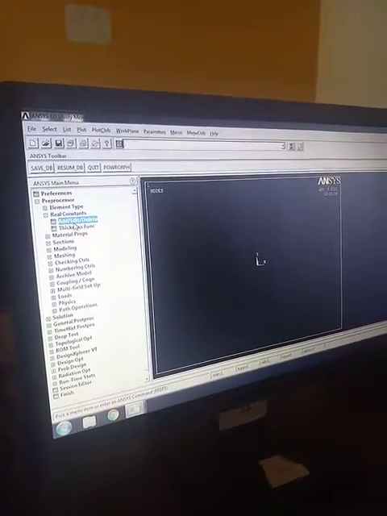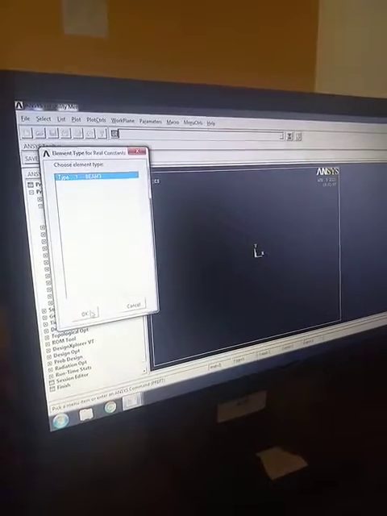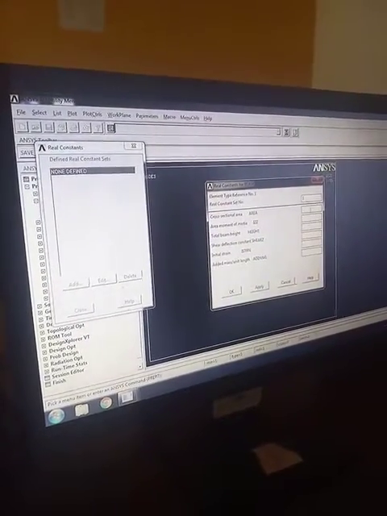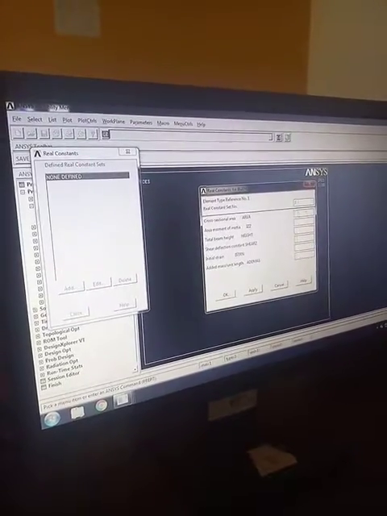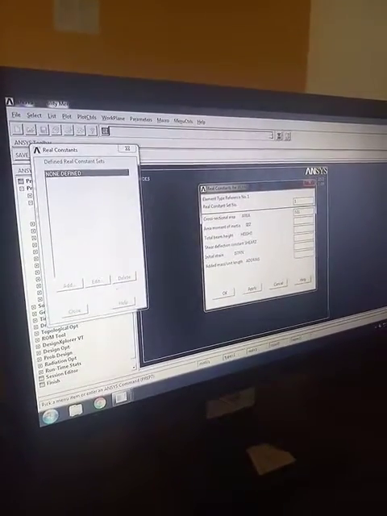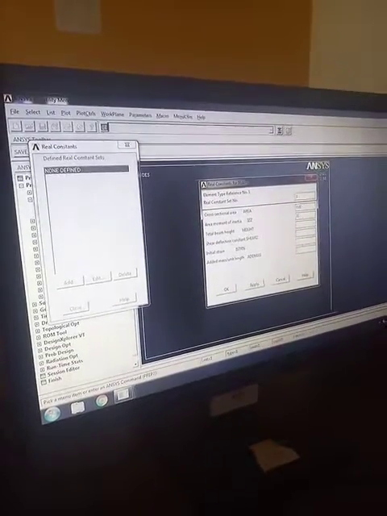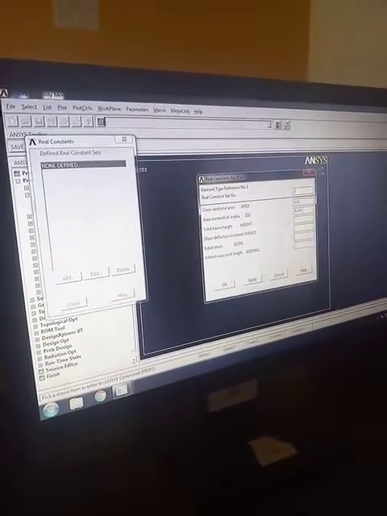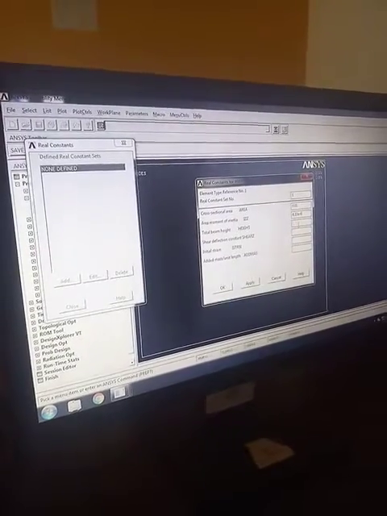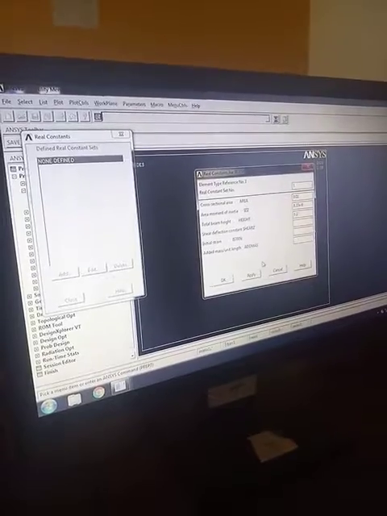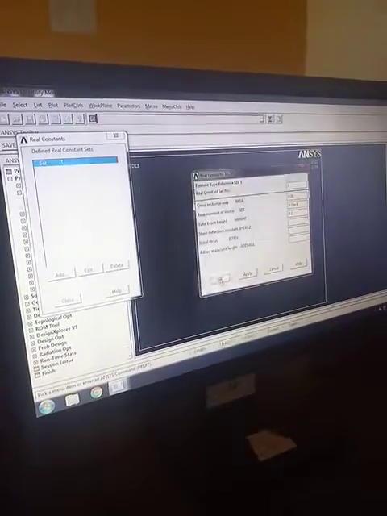Real constants. Add, edit, delete. Add. Okay. Here what is the area? So the area which is given in the question is 0.01 and I value which is given in the question is 8.33 e power minus 6 and the height value which is given in the question is 0.1 and just click on OK.